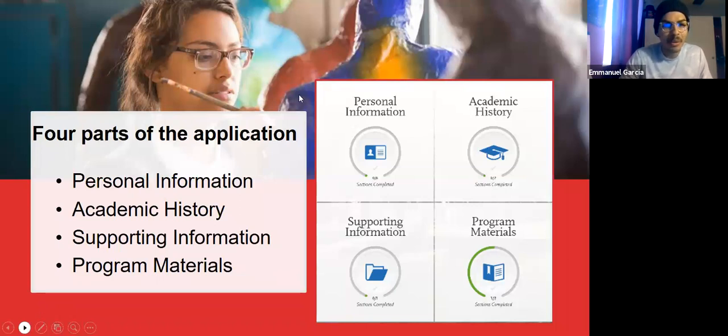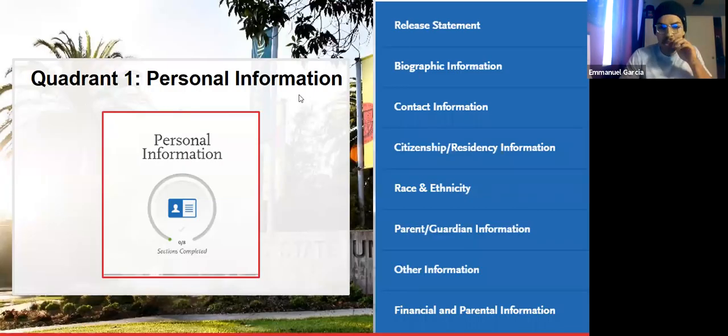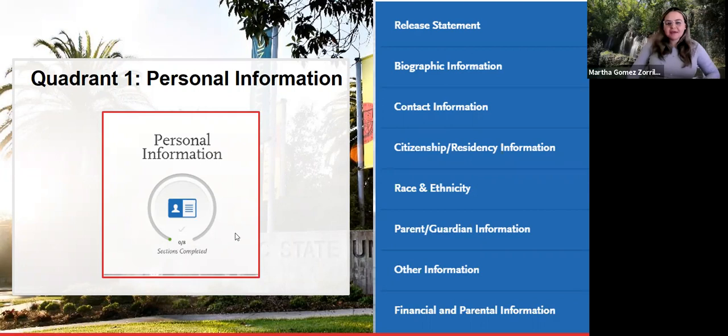So let's go ahead and start with quadrant number 1. I'm gonna hand it over to Ms. Gomez, and she'll be able to explain all the personal information that all of you would have to put in the application. Of course, thank you, Mr. Garcia. So quadrant number 1 is just your personal info. It's a release statement, your biographic information, contact information, if you lived in California, your citizenship status, your race and ethnicity information, some information about your parents, other information, financial and parental information. So that includes your parents' income, when I'm covering this quadrant 1. So on the next slide, it's gonna ask for